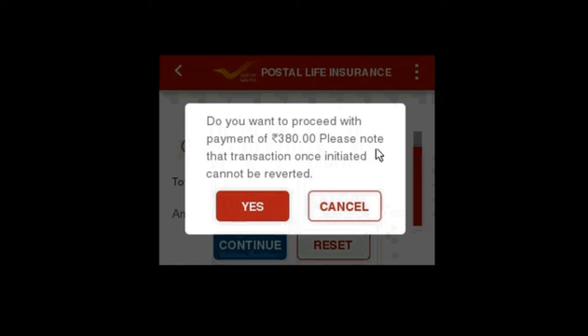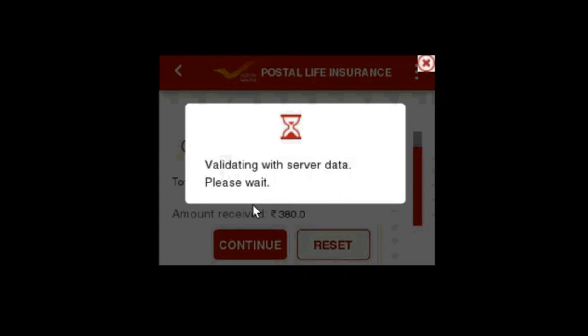Please note that transaction once initiated cannot be reverted. That means once you have initiated this transaction, that cannot be cancelled. So this is a warning message. After getting this warning message, we have to see whether our amount is correct or not. If correct, we'll click yes option.